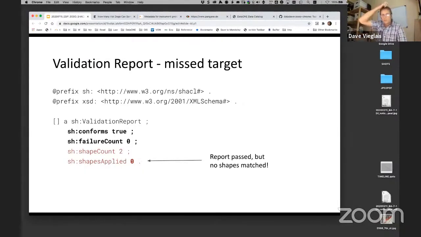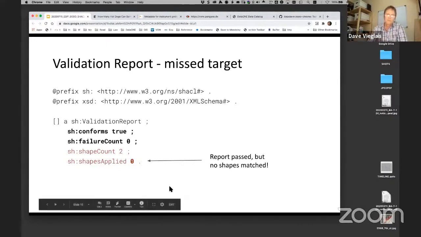What I was talking about before with these extensions is really important because in this case, the SHACL rules were applied against a data graph, but within SHACL, there's this notion of targets and constraints. And the targets specify things that must match within the data graph for the constraints to be applied to. And if the targets don't match anything in the data graph, then the validation report returns true because everything passed because none of the rules got applied. So having this number of shapes applied value in the report is really super useful.